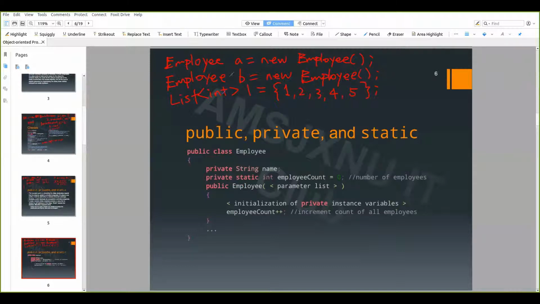Oh no, let me see, let me remove this. Okay, and we define the A here, define the C equals new employee. Okay, now what will we get in the